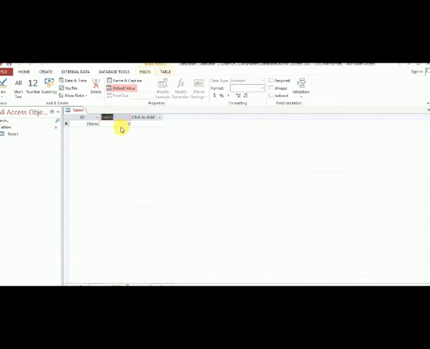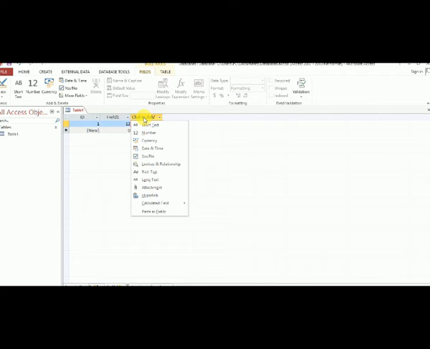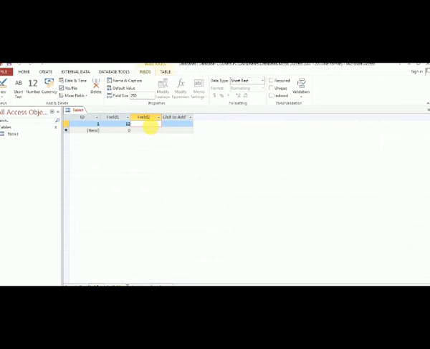Roll number is, suppose, 12, and next you can use name, so you can use the short text record.